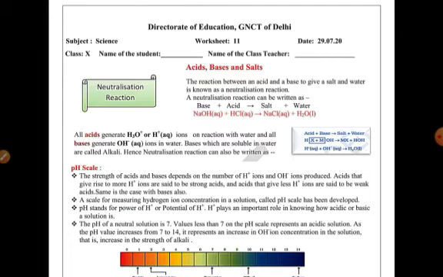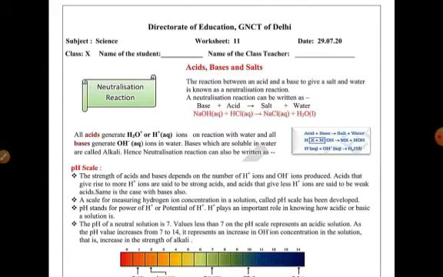आज डायरेक्टर ऑफ एजुकेशन के द्वारा जारी की गई साइंस की वर्कशीट हम देखेंगे। आज की वर्कशीट एसिड बेस एंड सॉल्ट पर ली गई है। इस न्यूट्रलाइजेशन रिएक्शंस और पीएच स्केल्स के बारे में चर्चा की गई।